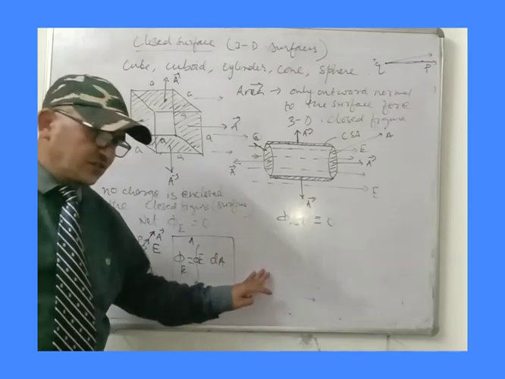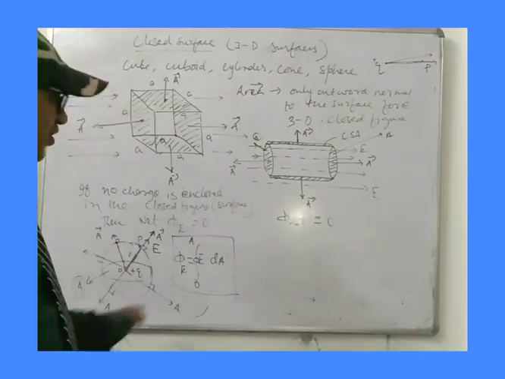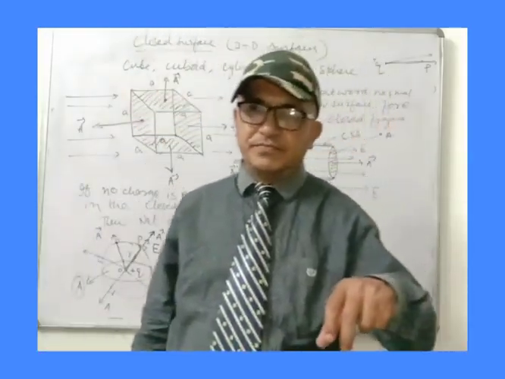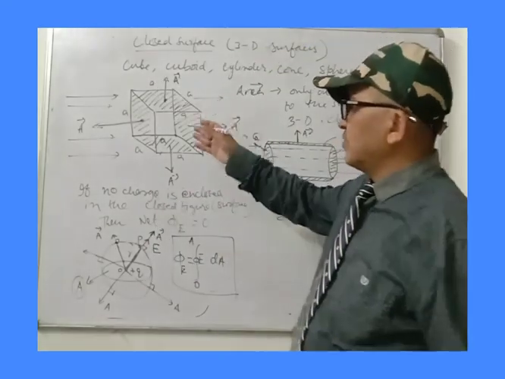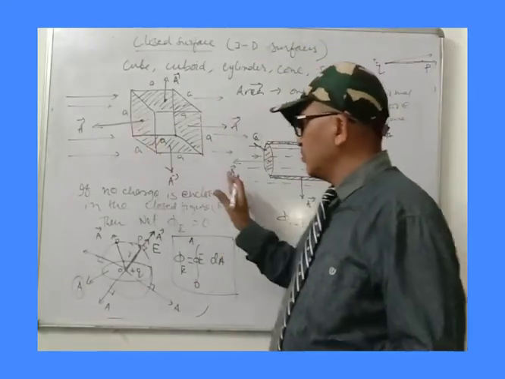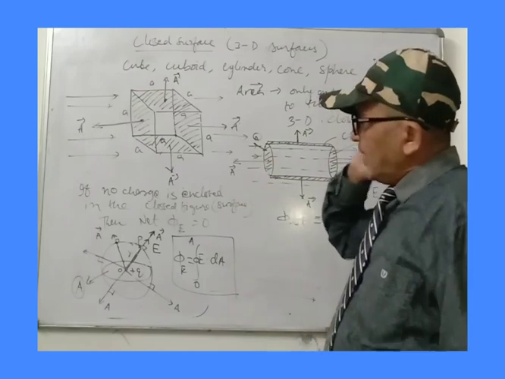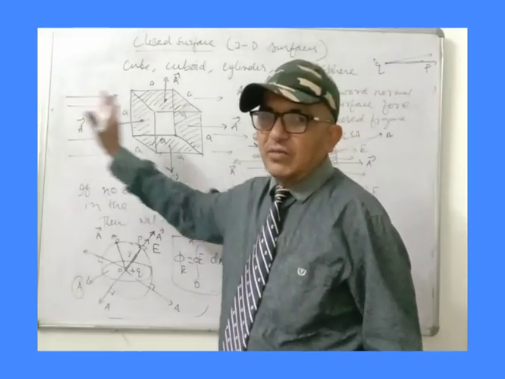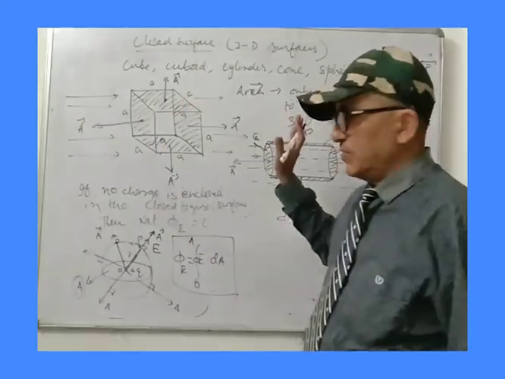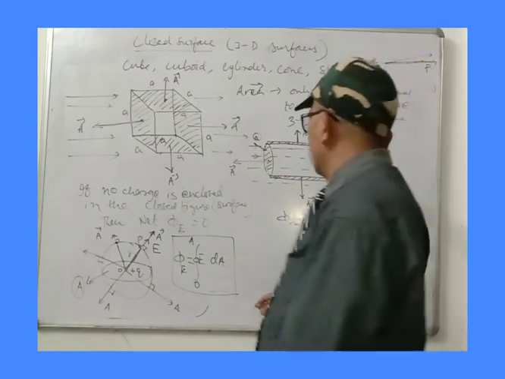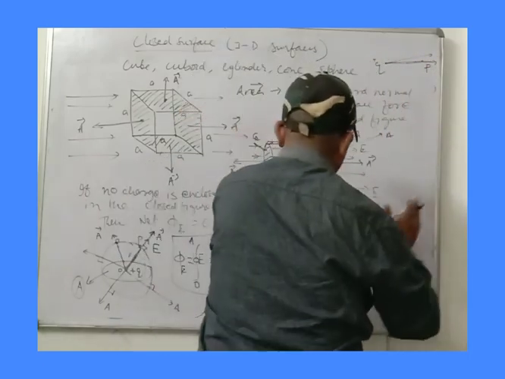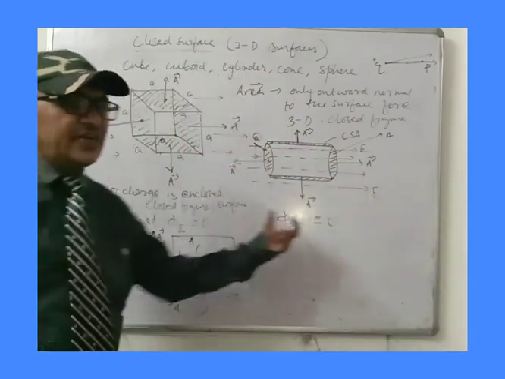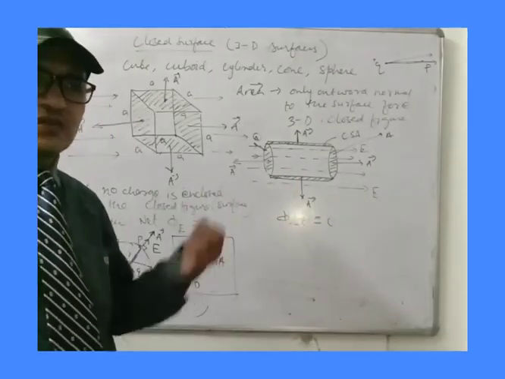In Gauss law also we have to draw a Gaussian surface, an imaginary Gaussian surface, which encloses a charge. So if the closed surface does not contain any charge, the net flux passing through it will be 0, and the area vector will always be normal and outward on its surface. Okay, normal and outward. And once we know the direction of the electric field and the direction of the area vector, we can easily apply the EA cos theta formula and find the electric flux.